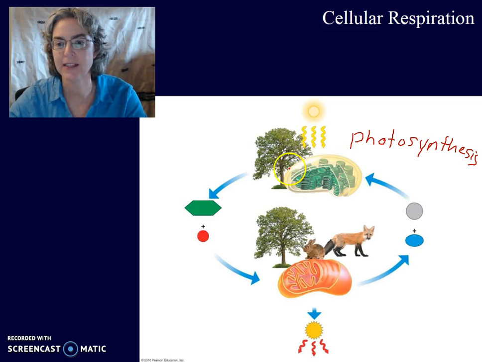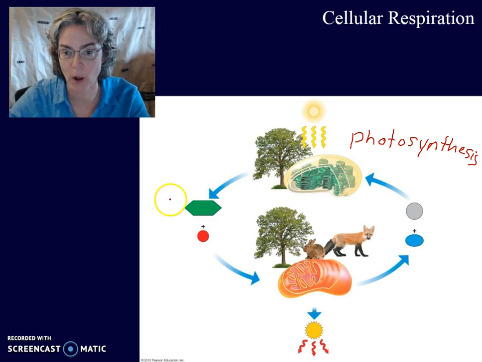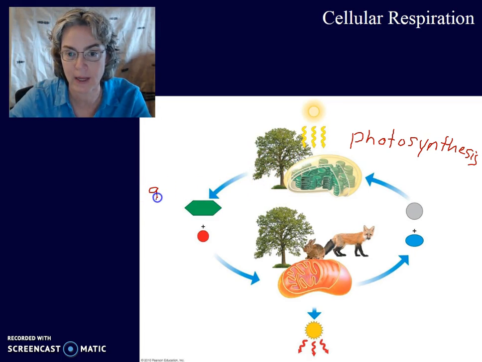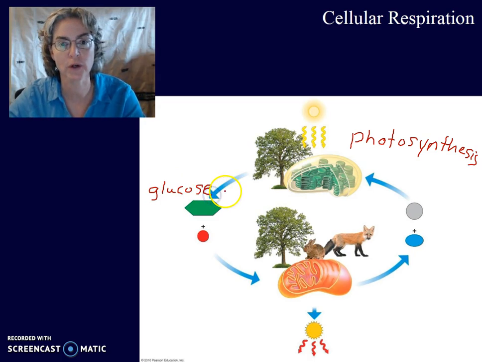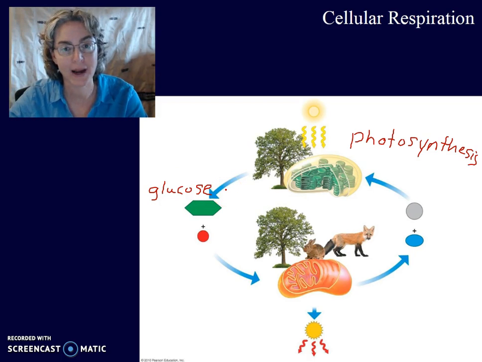And they do that inside an organelle called a chloroplast. And then they can take that glucose molecule, so this right here is a glucose, which is a sugar or a carbohydrate,